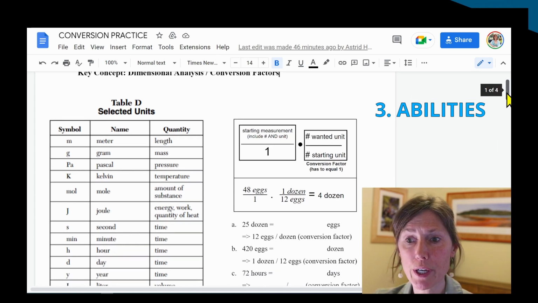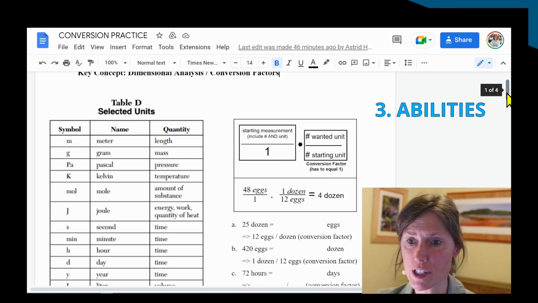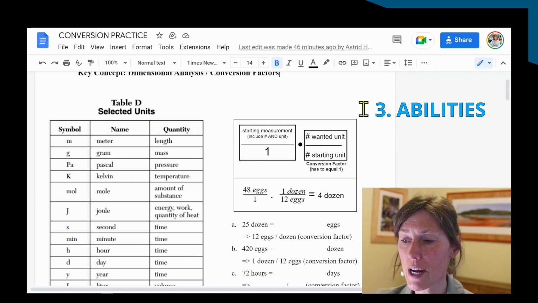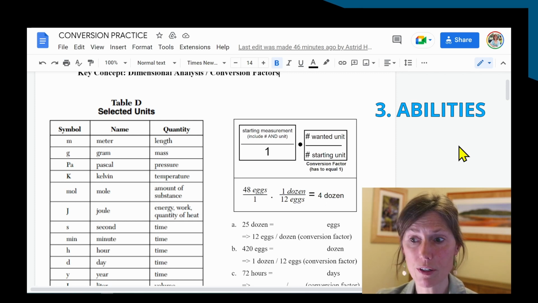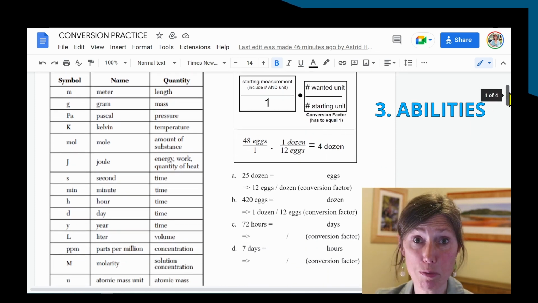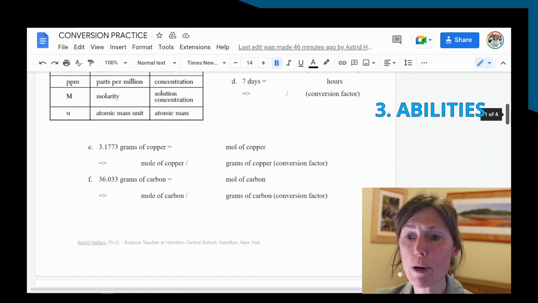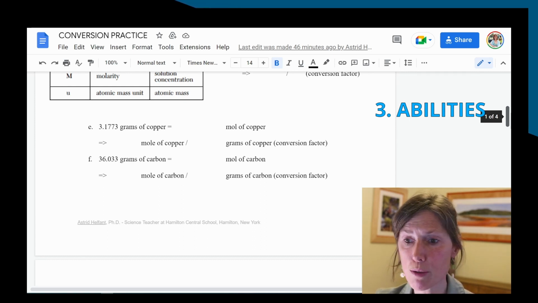I'm showing you here the actual New York State chemistry reference table with all the different units. The tool that I give to my students, how to convert one unit to another through dimensional analysis. Some very simple basic starting examples. And then a whole bunch of practice. Let's look at the units that I'm releasing upon them. Grams to moles,